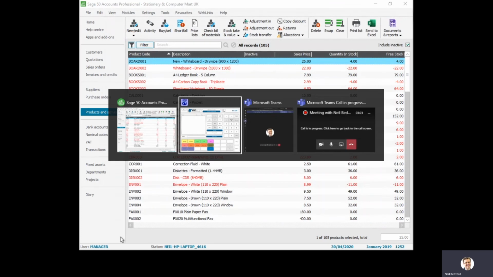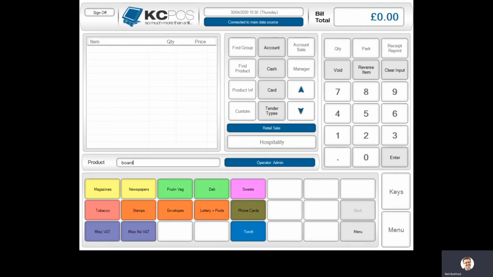So if I now switch back to the till and find that item again, what we will see is that it now has the new description that I've just given it. So again, that's an integration that's constantly happening in the background, constantly pushing that information from the Sage 50 into the tills itself. If I take this stock item now and just complete this as a standard sale,